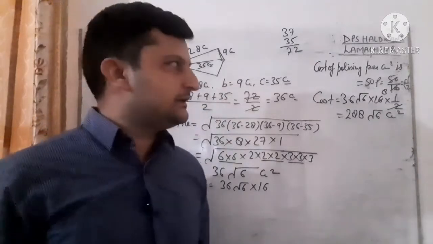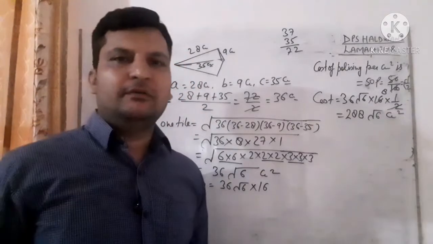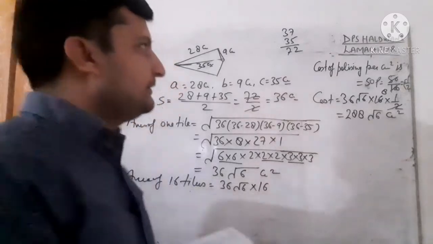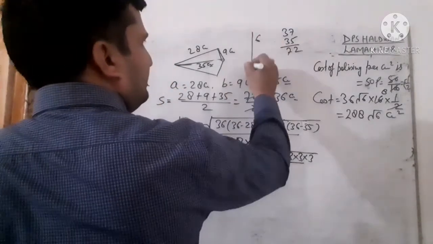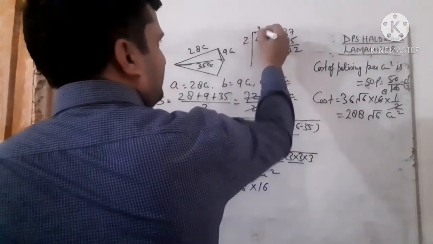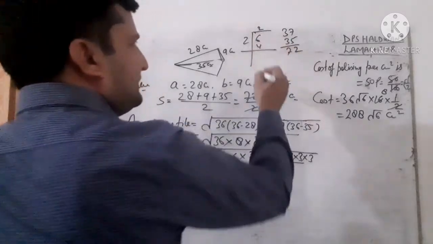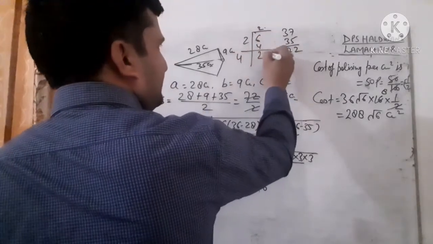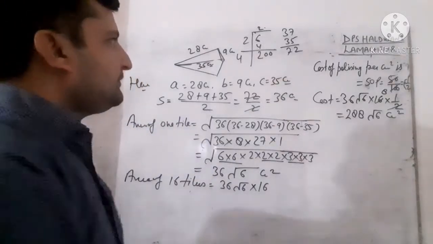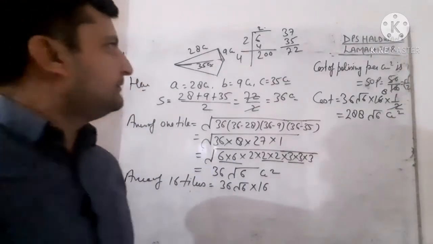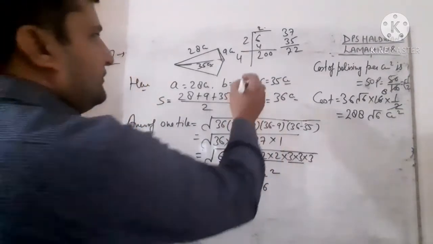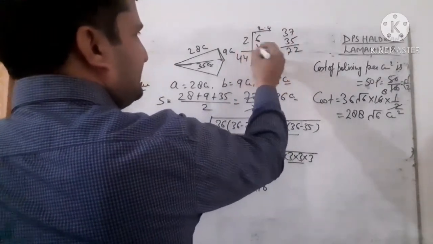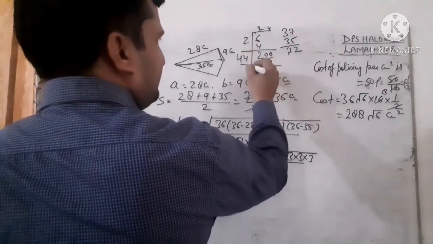Either you can convert, student, root 6 into decimal form. This will become, I think, 2 point something. So if we will calculate it, root 6 is equal to 2, 2 2 ja 4, 6 minus 4 is 2, 2 to 4 point, you can put it here, 40. 4 4 ja 16, and 1, 17.